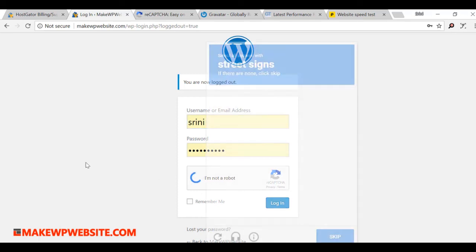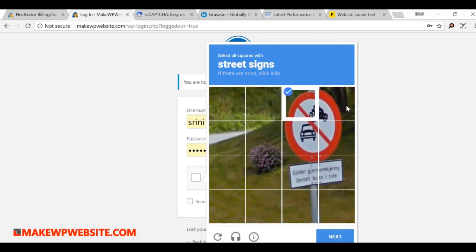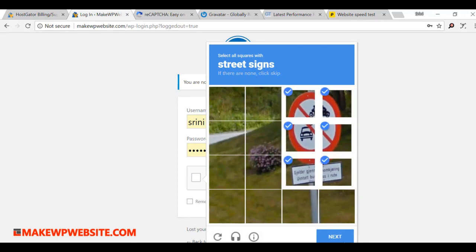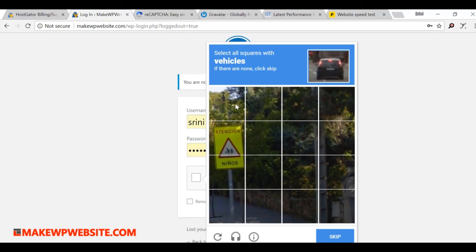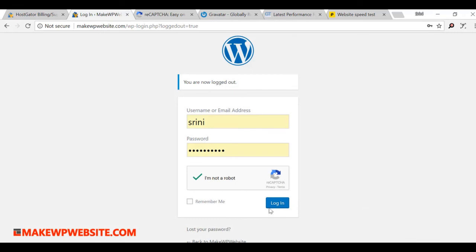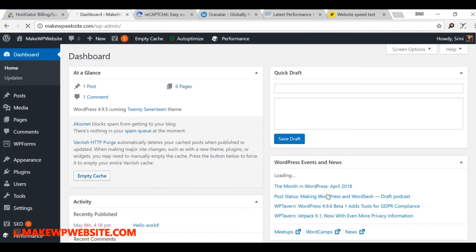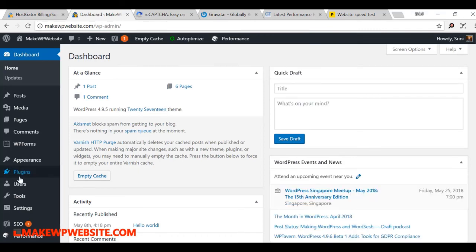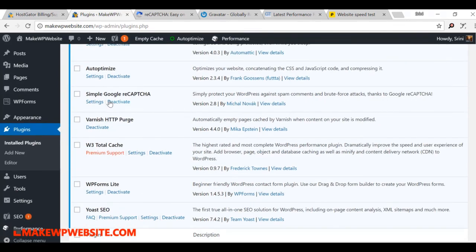So just click the box, street signs, there are none. Just log in. Okay, so that's been configured properly. So the Google reCAPTCHA has been configured.